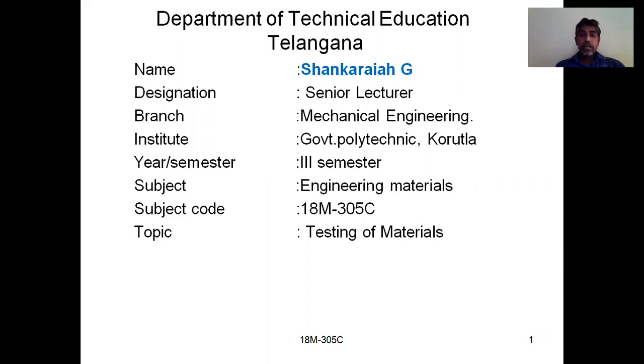In the last session we have discussed testing procedures for different materials, like the tensile test procedure, compression test procedure, and shear test and impact test procedures, which we discussed in the previous sessions. In the